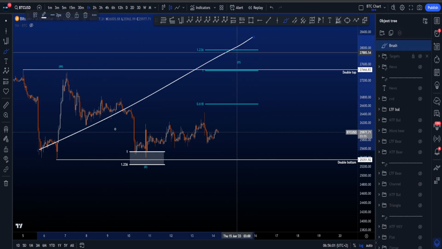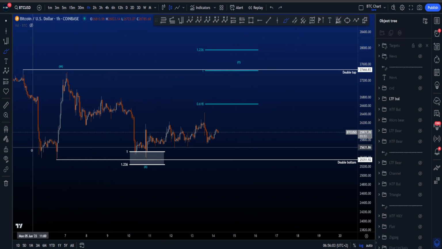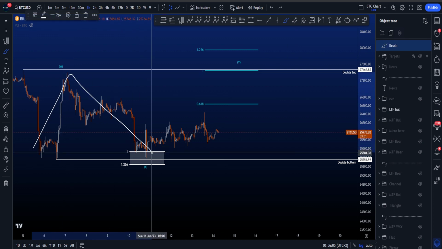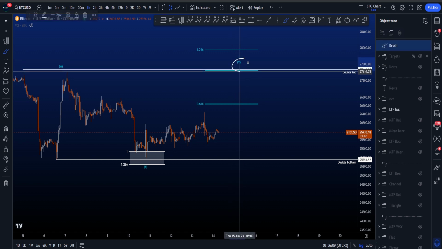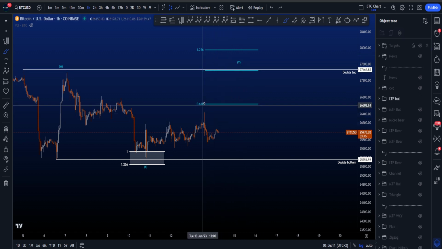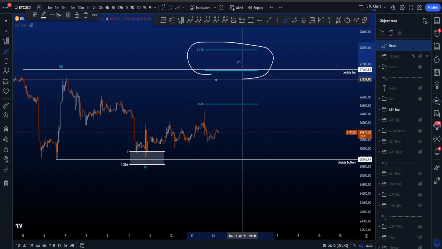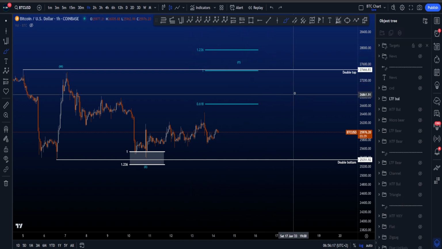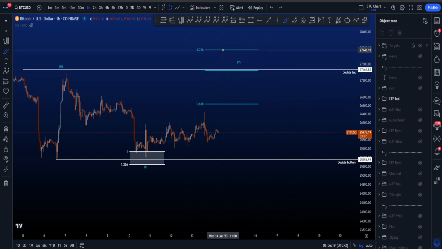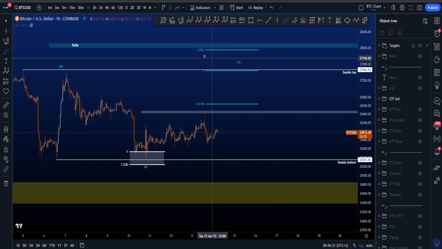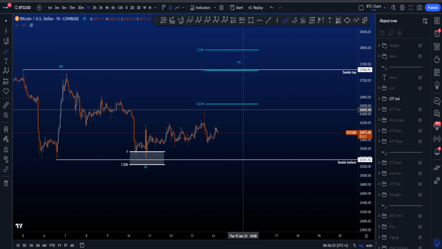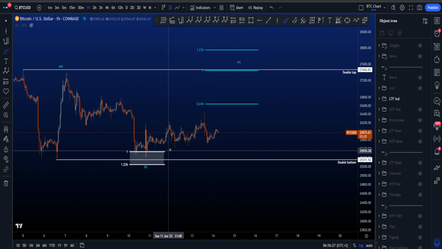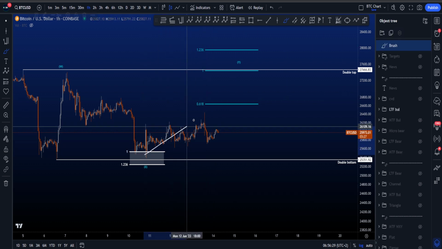We want to have a longer B in time. That's what we're looking for. So then we have a W, an X, and then eventually we're looking for a Y to the downside. And in this particular wave Y, the 0.618 is a target sitting at 26.6K, as well as the 1-to-1 and the 1.236 sitting at 27.4K and basically 28K, which is just below the target box that we have at 28K as well. And in this scenario, what is interesting is that this can be only the first structure,